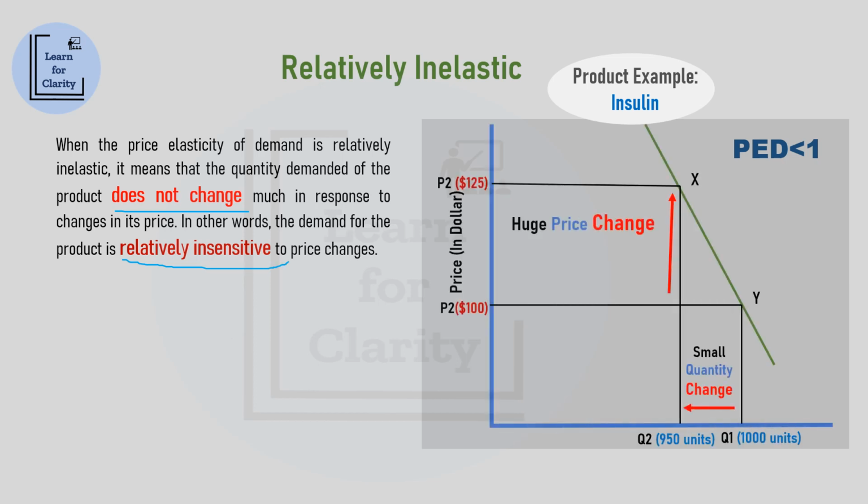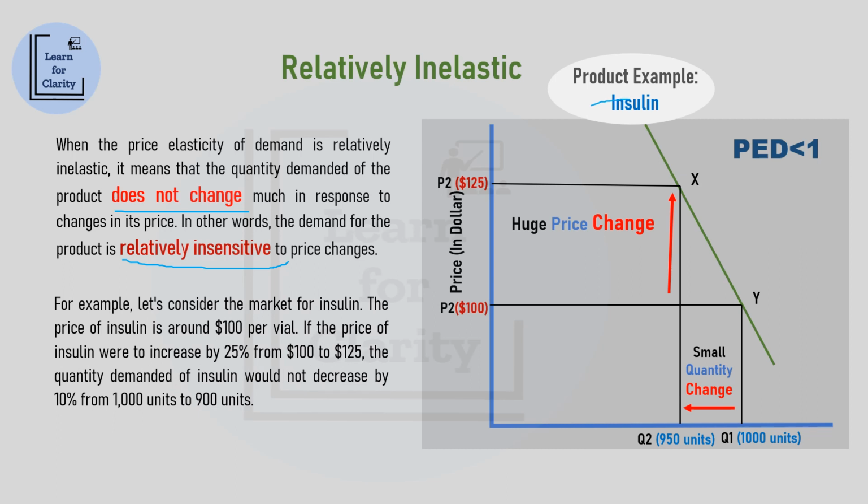For example, let's consider the market for insulin. Insulin is a life-saving medication used by people with diabetes to manage their blood sugar levels. The price of insulin is around $100 per vial. The demand for insulin is relatively inelastic because it is a necessary medication, and people with diabetes require it to survive. If the price of insulin were to increase by 25% from $100 to $125, the quantity demanded of insulin